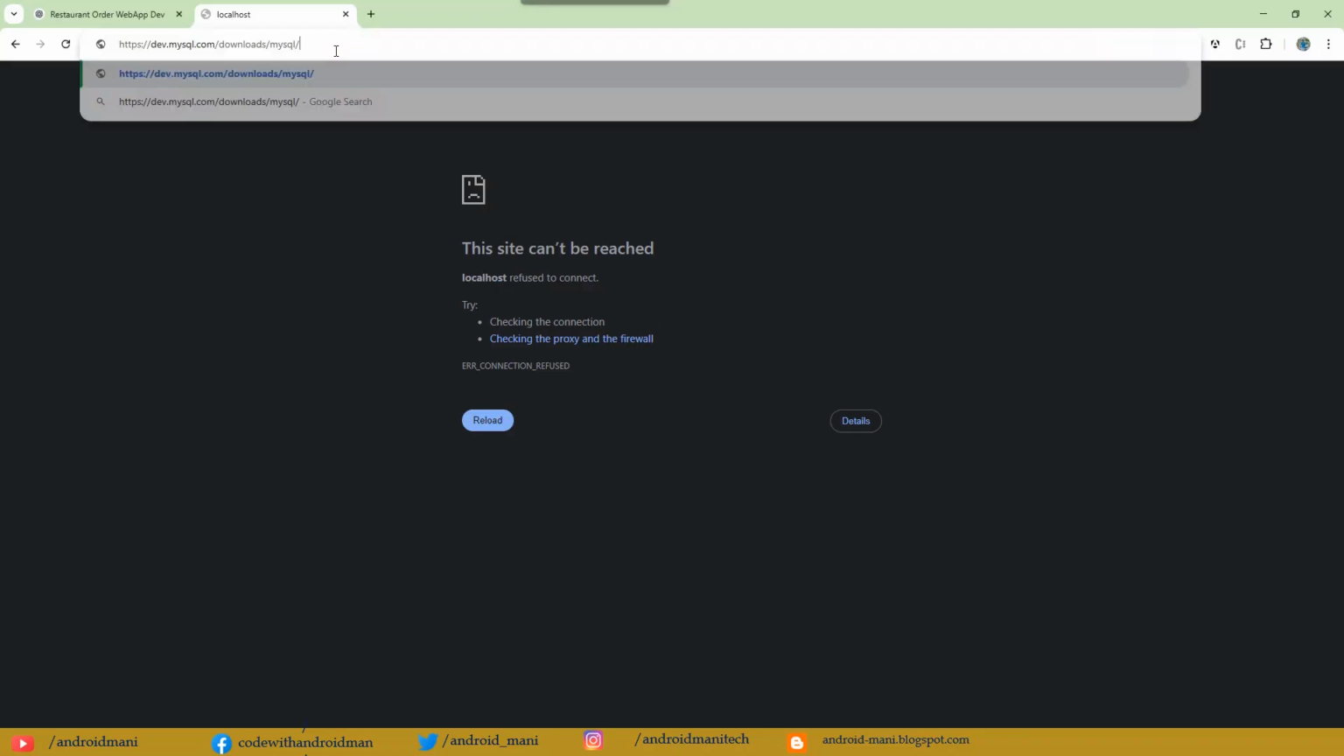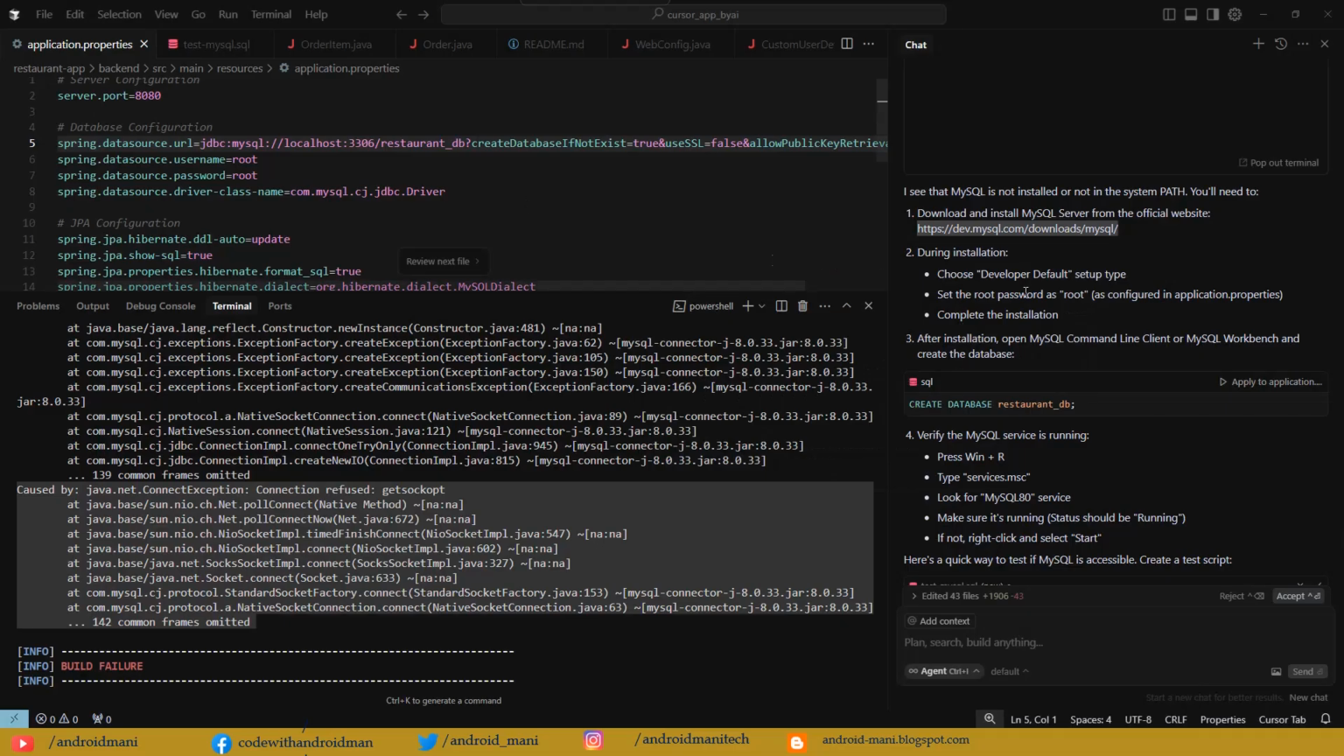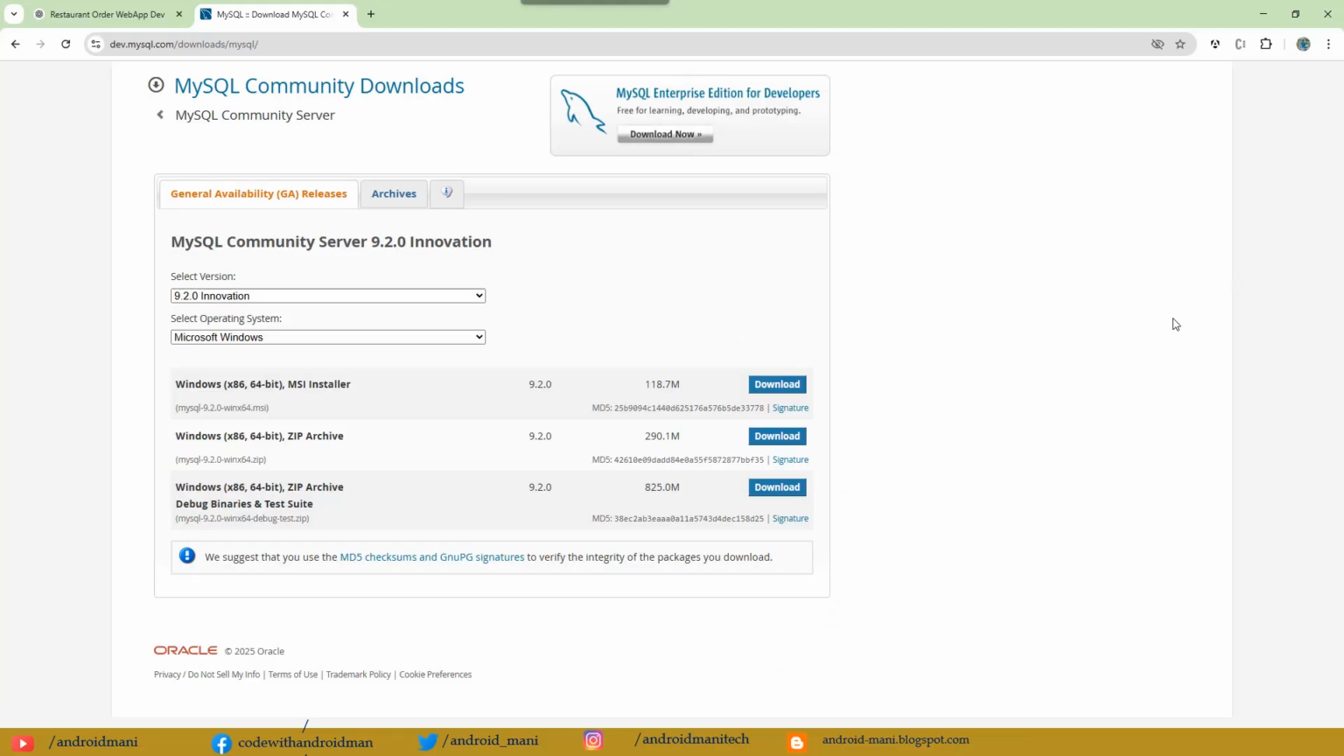Okay, let's start downloading MySQL. It's not installed on my system yet. If you already have it, this error wouldn't occur. Let's open the official website at